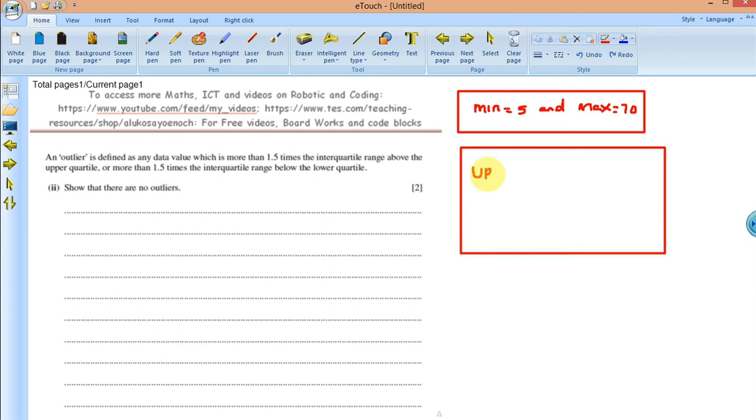Then the lower fence I will use LF. Why UP? UF, sorry about that. Since it is fence, I want to use the first letter, and this will be the lower fence. So now, what is the upper fence? So we can go back here now. So that is Q3